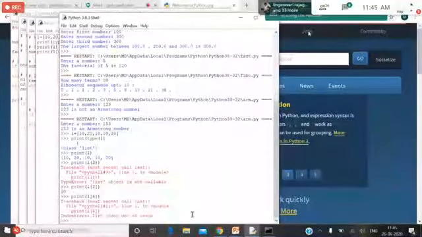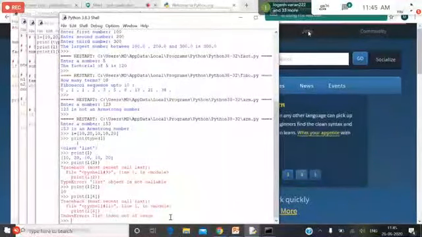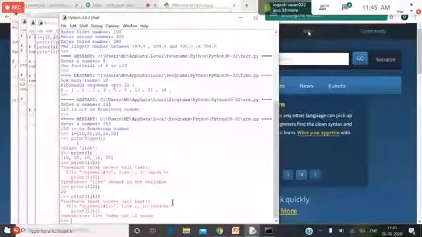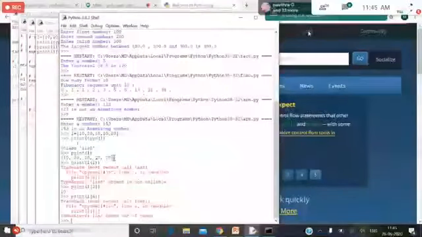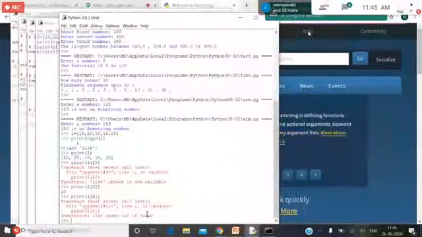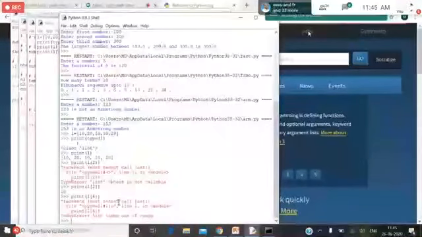You can see the error message: most recent call last, list index out of range. You have only 5 elements, 10, 20, 10, 10, 20, and we are trying to access an element which is not there in the list.